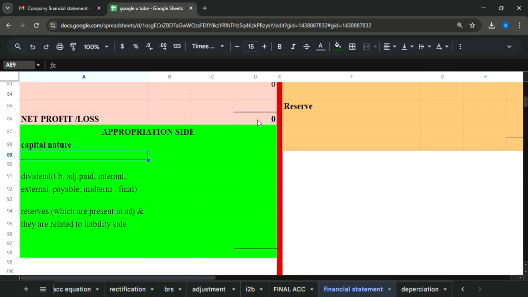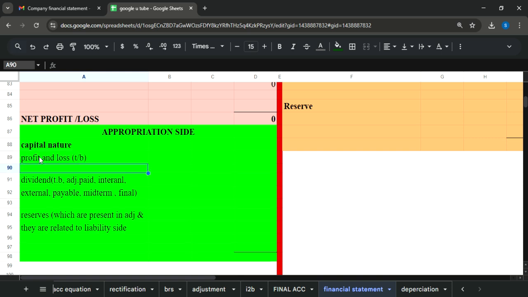Then any profit or loss, we may write it as full profit and loss, that is present in the trial balance. Now two things we have discussed. First, this net profit would be used, and then any profit and loss which is mentioned in the trial balance,